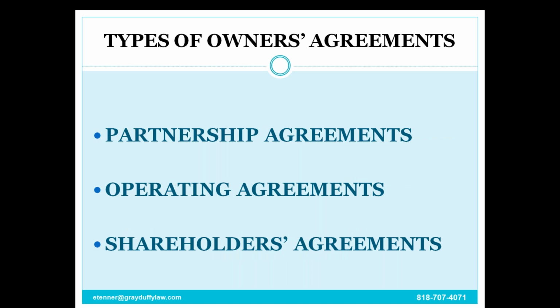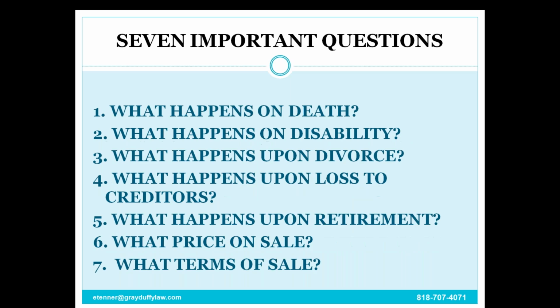When an ownership interest is transferred, in addition to the agreement that will affect the transfer, which is what we talked about in the last webinar, a separate agreement is needed to govern the relationship between or among the owners after the transfer. The name of that agreement will depend on the type of entity in which ownership interests are held. If it's a partnership, it'll be a partnership agreement. If it's an LLC, it'll be an operating agreement. And if it's a corporation, it'll be a shareholders agreement. All of these agreements have similarities and differences.